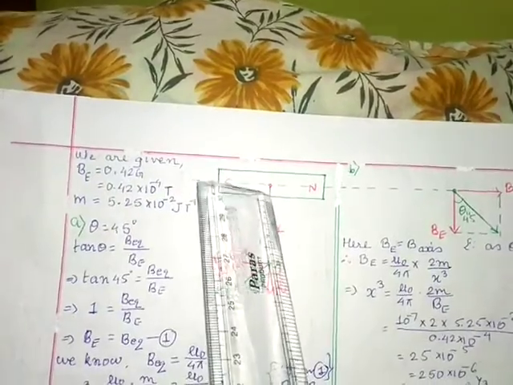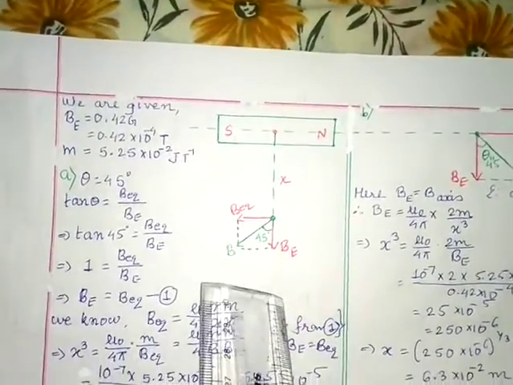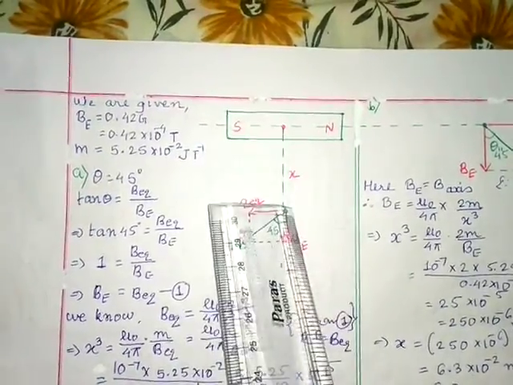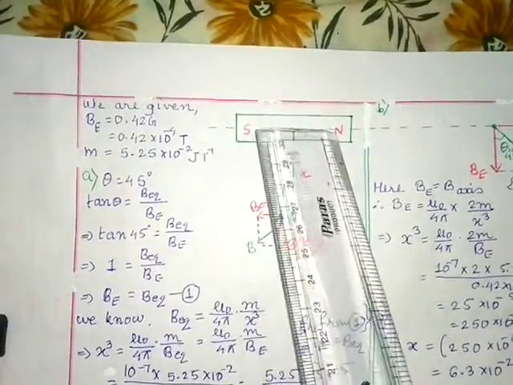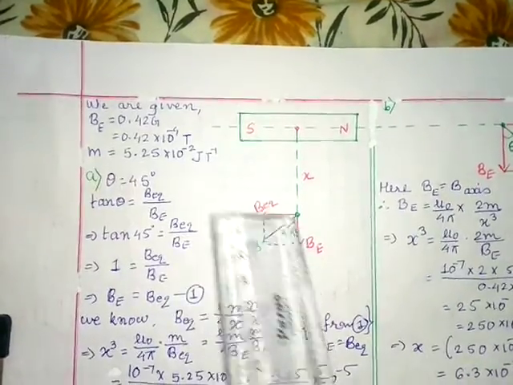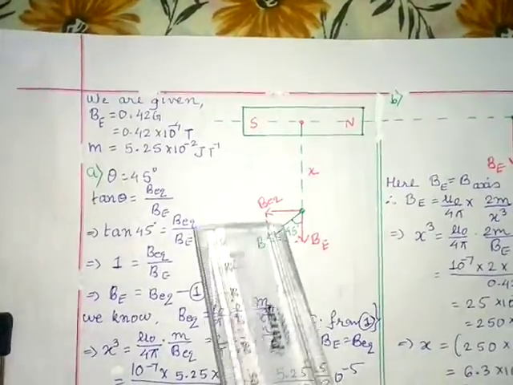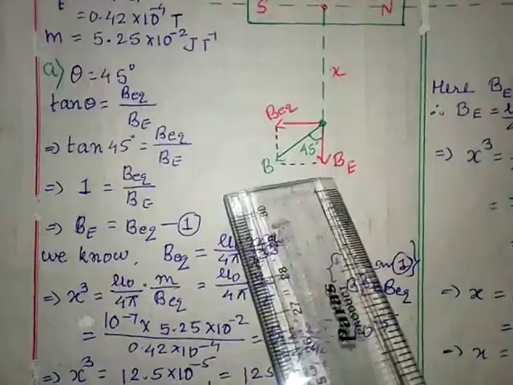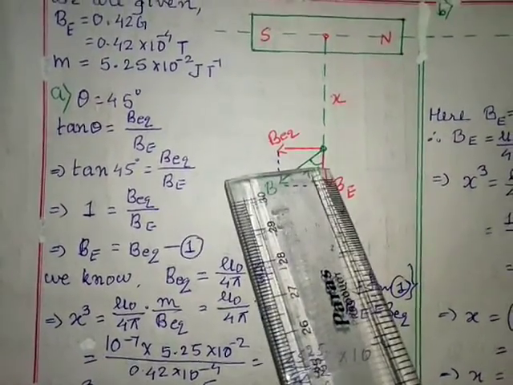So on this equatorial line, the magnetic field BE is this side. The resultant of this magnet on the equatorial line will be towards this side, B equatorial, opposite to the magnetic moment. Magnetic moment is from south to north, so it is in this direction. The resultant of these two is this one. You complete the parallelogram. So this is the resultant of B equatorial and BE, Earth's magnetic field, and it is inclined with the magnetic field of the Earth at 45 degrees.